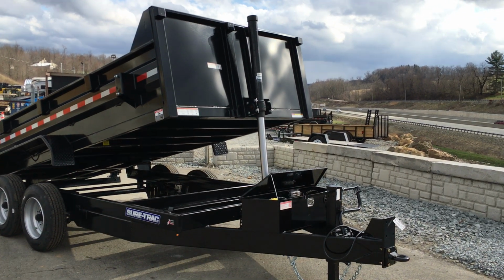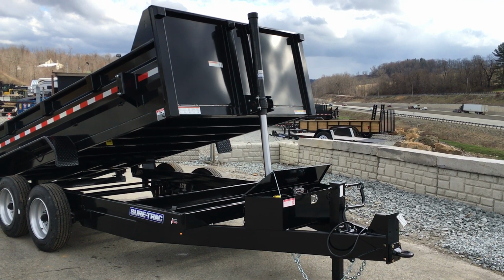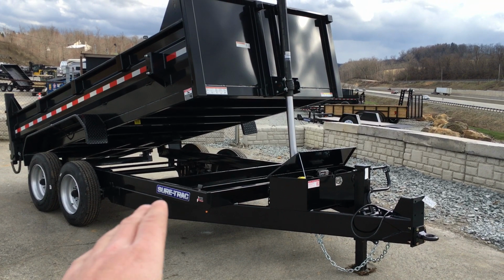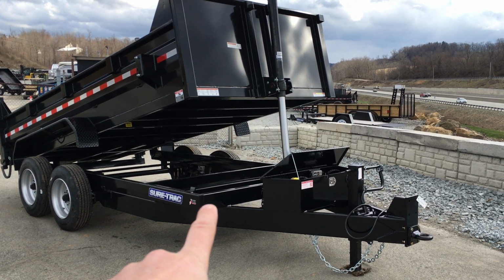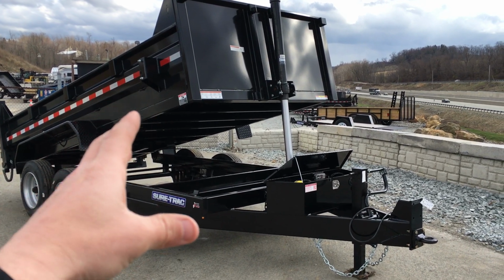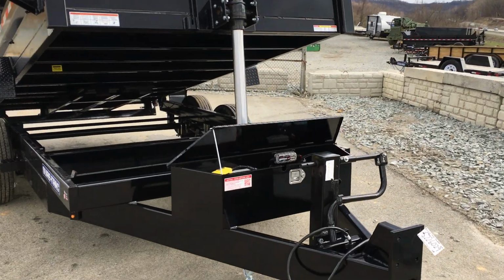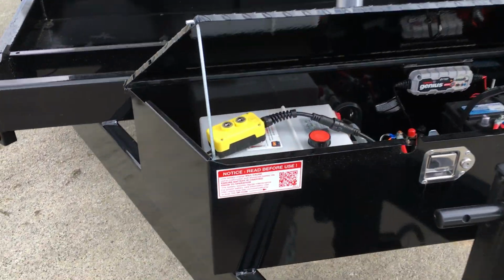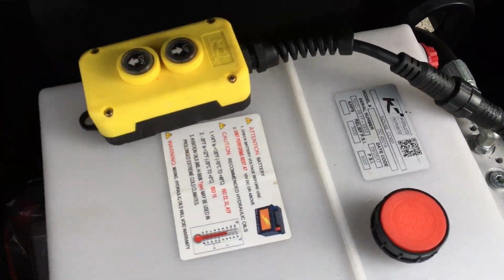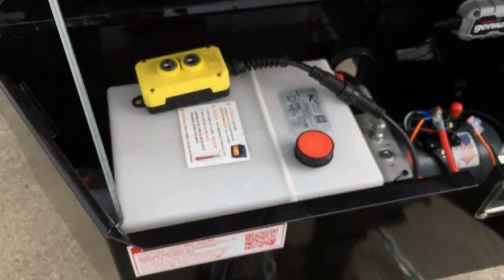The other thing a dual ram can't do is reset its hydraulic pressure. So it needs to be set at a pressure needed for the maximum load to get started. In most cases, a dual ram might take 2,800 PSI to get started, so that's what they're going to set the pump at for the max. This here, they can set at a lower pressure and still dump everything the trailer's legally rated for. On this one, because it's a higher GVW trailer with the upgraded axles, they're running 3,000 PSI, which is still lower